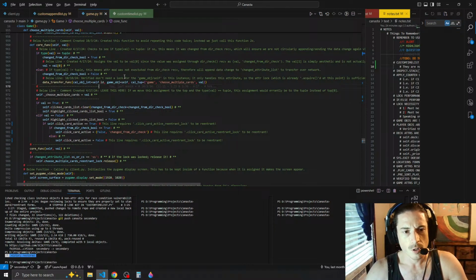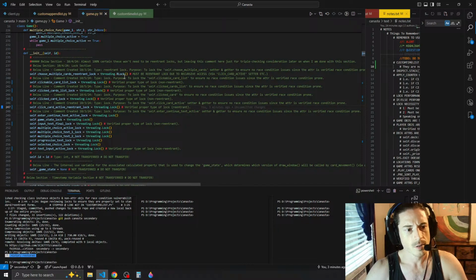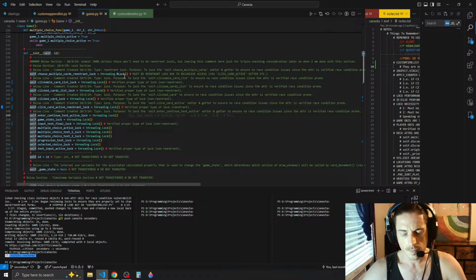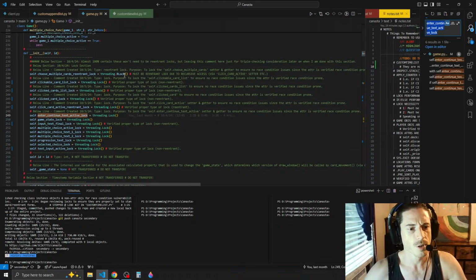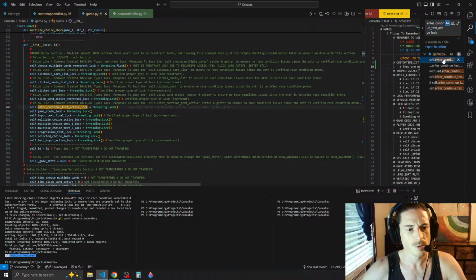So let's do Control Alt N to go to next. So this is now click card active reentrant lock. Verified proper type of lock, which is reentrant. That is good to go. Now let's remove this bookmark and we'll go to the next one, which is the enter continue text active lock. So we'll do Control Shift F on this one to search the project for it,